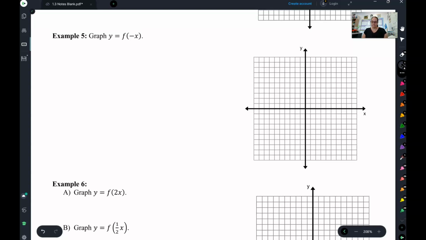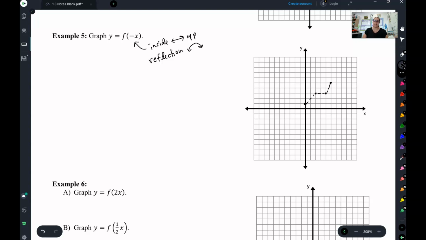So let's try this one. We have a negative that is on the inside. So this is still going to be side to side and opposite. This is a negative, a multiplying by a negative. So we know that this is a reflection. A reflection side to side. So across the y-axis. So we take our original